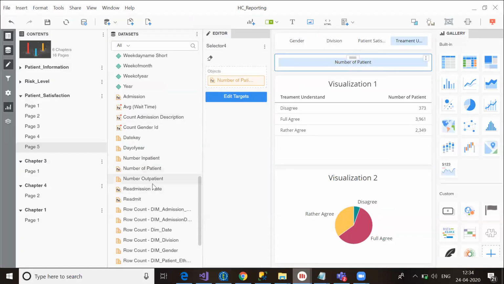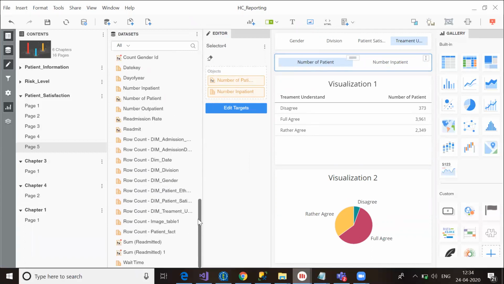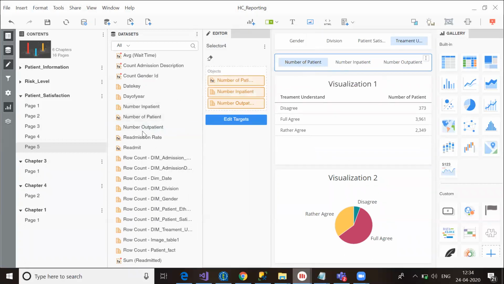In the same way I can select different metrics, let's say number of inpatient, number of outpatient, and readmission rate, readmit question.